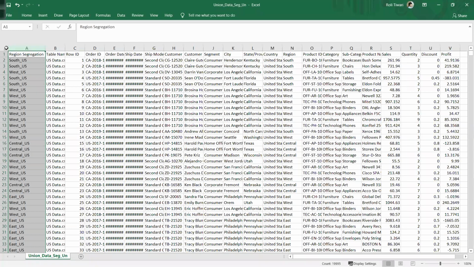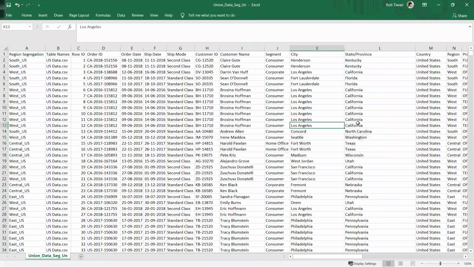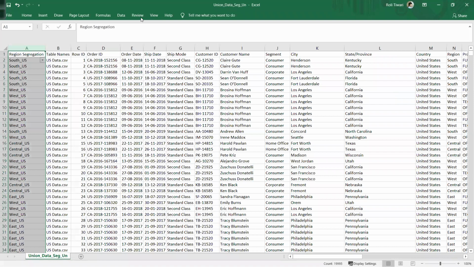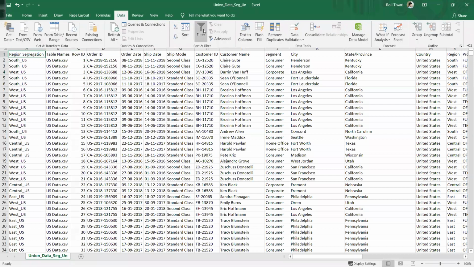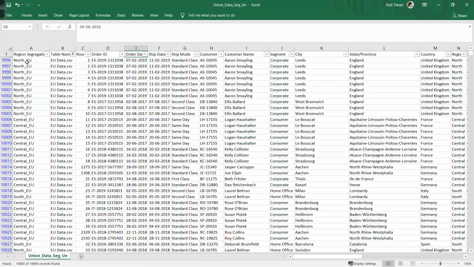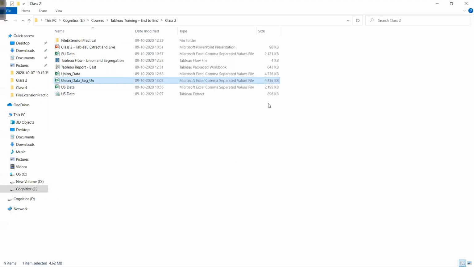I have region, which is what? We have South region, US, South US. Suppose I apply a filter and check. Let me go to EU data. You can see that we have North EU and the regions are North also. Perfect. So that is how we can apply the logic as well. Now these logics are applied using Tableau Prep, and my data is ready now. I can very well connect to the data and start doing the reporting.